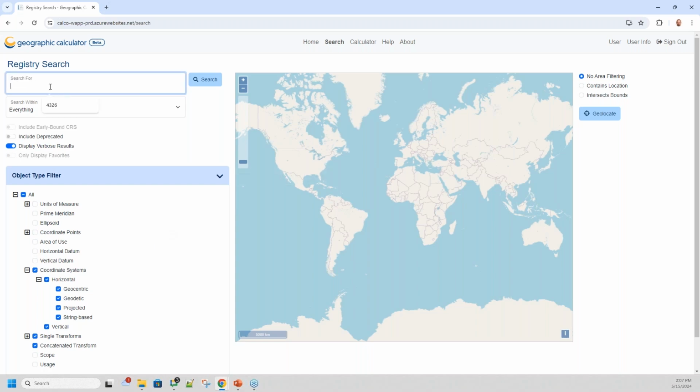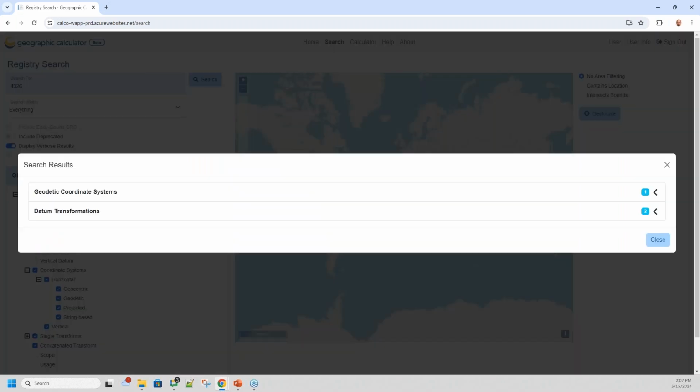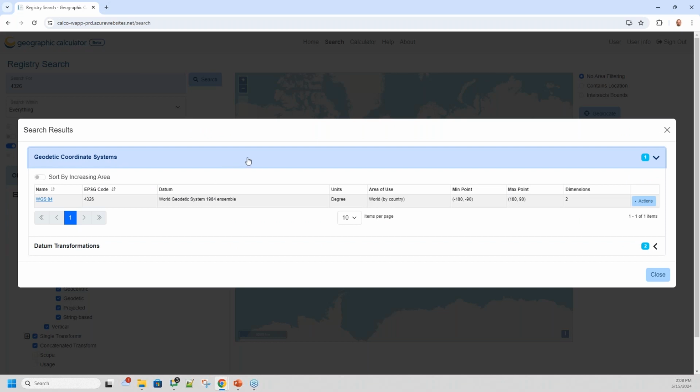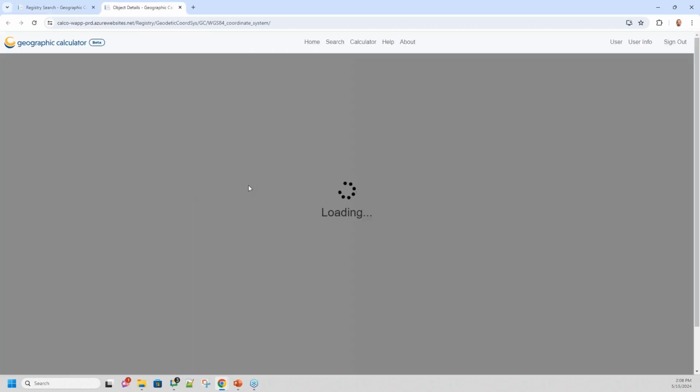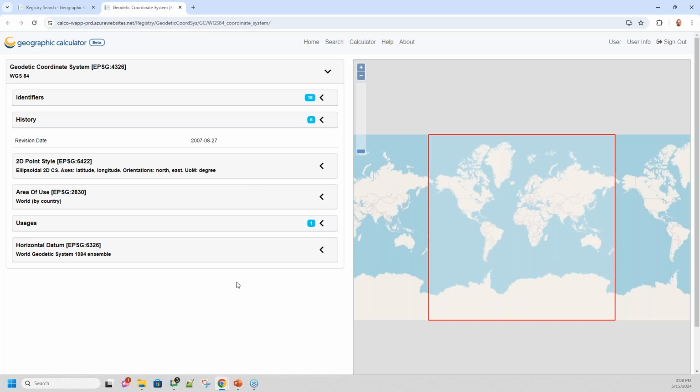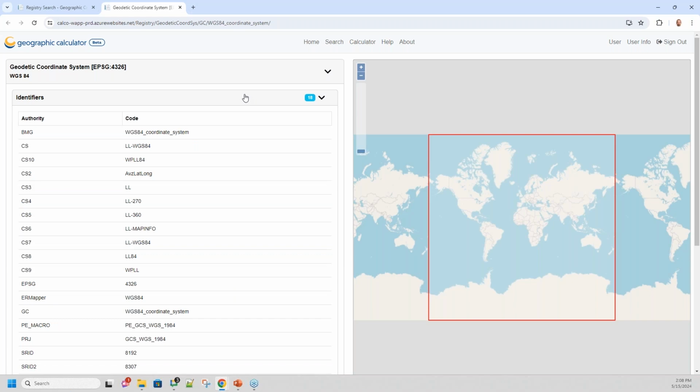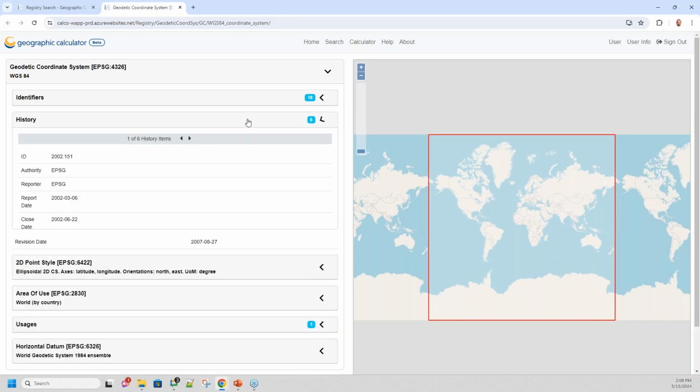He's going to do the driving, but we're going to start by searching for an EPSG code, and we're going to do 4326, which is the WGS 84 geodetic coordinate system. That will bring up some results, and selecting the geodetic coordinate systems option, we can see that there's 1 result for WGS 84. If we burrow down into that, it's going to show us all the details of the definition, identifiers, history,